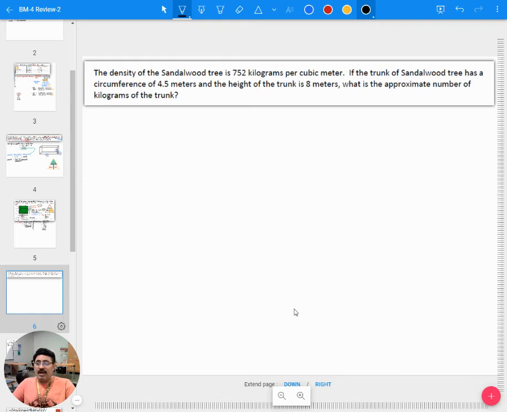The next one is the density of sandalwood tree is 752 kilograms per cubic meter. So this is kilograms per cubic meter. Already it is mentioned that density. Therefore, let me write the details first. Density equals 752 kilograms per cubic meter or meter cube. It's one and the same. If the trunk of sandalwood tree has a circumference,